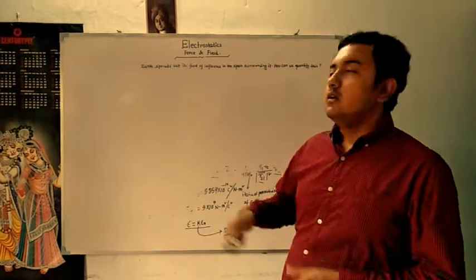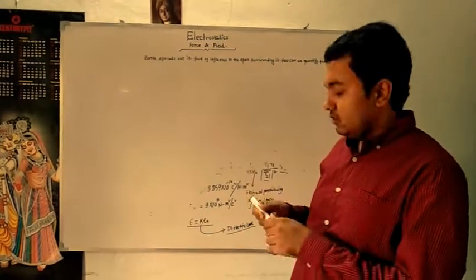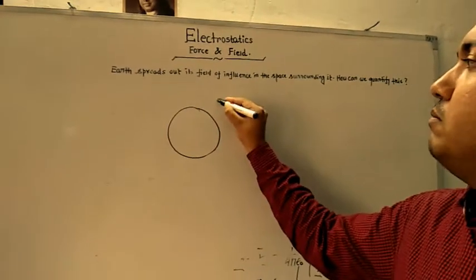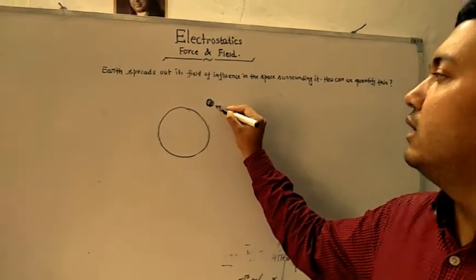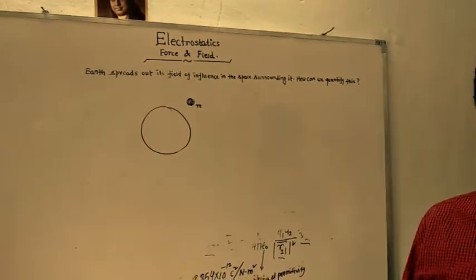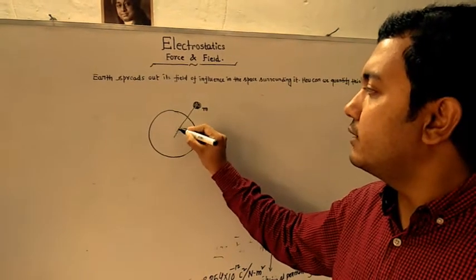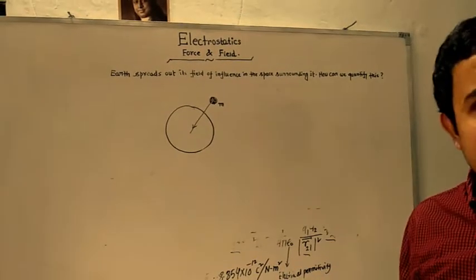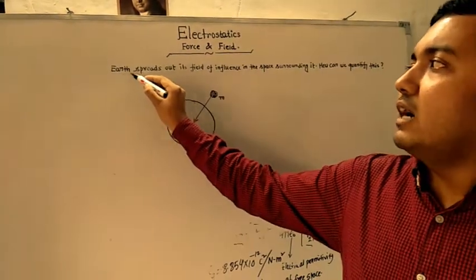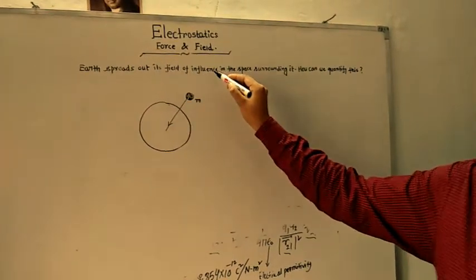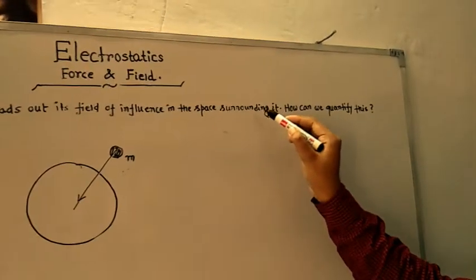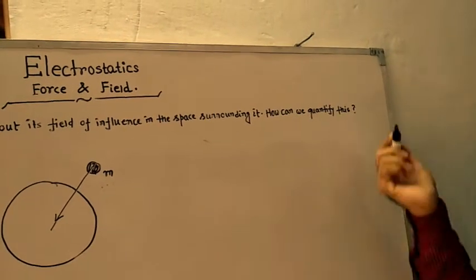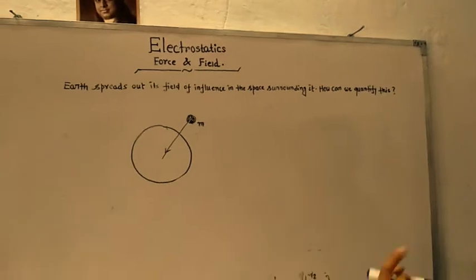For this, we can say for gravitational field, if we consider any mass m near the Earth's surface, then due to gravitational attraction, the mass will be attracted by Earth. That is, we can say Earth spreads out its field of influence in the space surrounding it. How can we quantify this? To quantify this property,